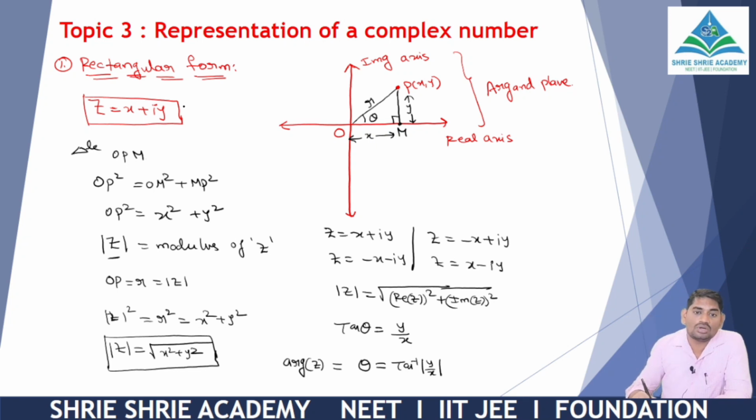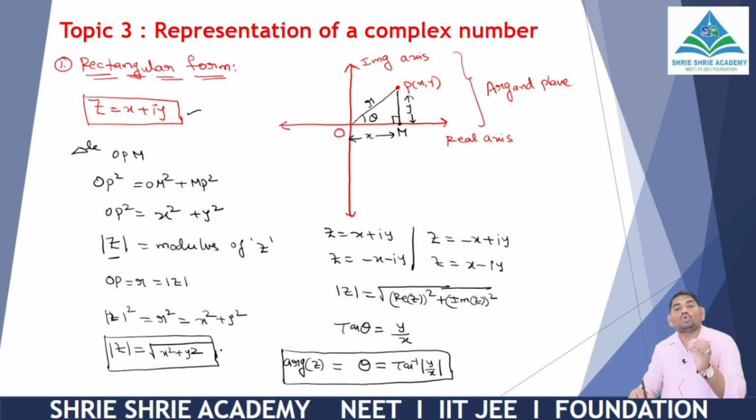So z is equal to x plus iota y, which is any complex number. Then its magnitude, I mean modulus of z, is root over x square plus y square, and its argument of z, theta, is equal to tan inverse of mod y by x. Students, suppose x plus iota y is in the first quadrant now, mod z is equal to root over x square plus y square. Maybe the point P lies in either the second quadrant, third quadrant or fourth quadrant. There is no change in the modulus. Modulus is the same, root over x square plus y square.